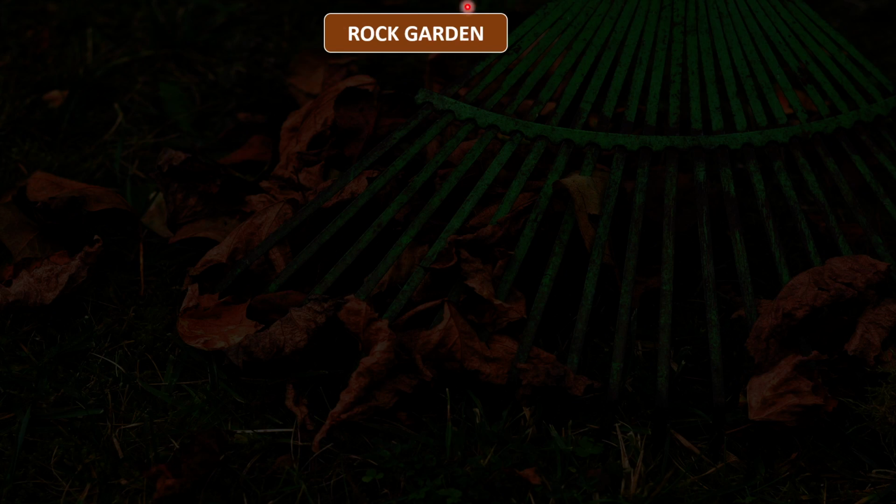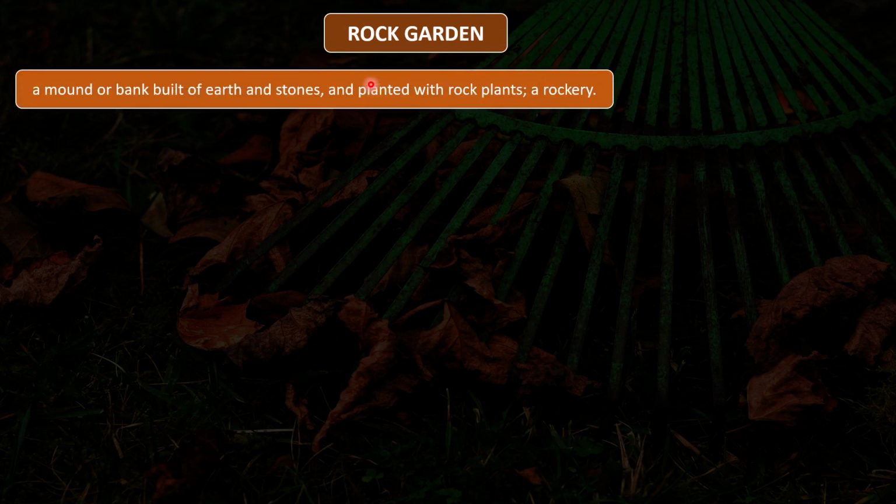Now we move towards the next type of garden, which is the rock garden. So rock garden, as the name suggests, is a garden that is made with the help of rocks, right? So basically this is a garden which is usually made in a corner, or maybe in center of a garden. If it is a public garden, you can find rock garden in between or at the corner. Also there are whole complete gardens which are completely devoted as a rock garden in some parts of the world,